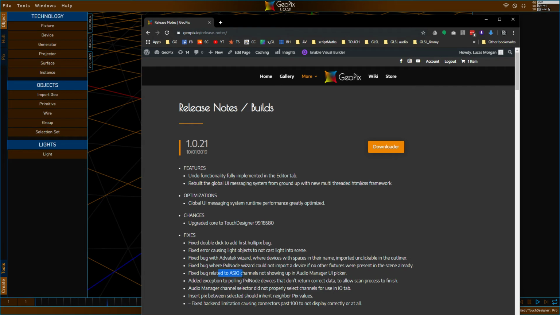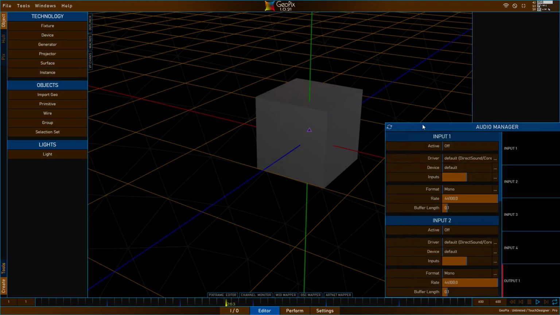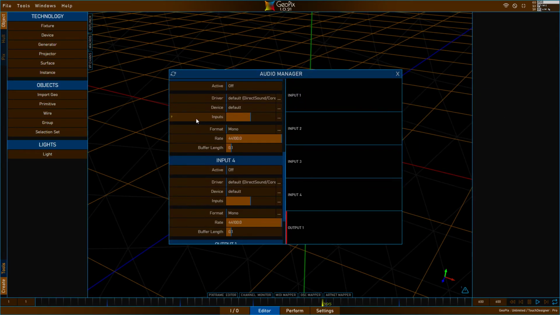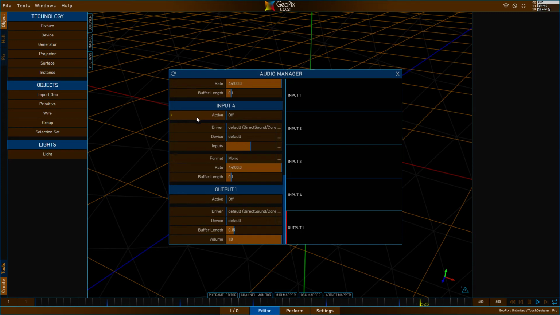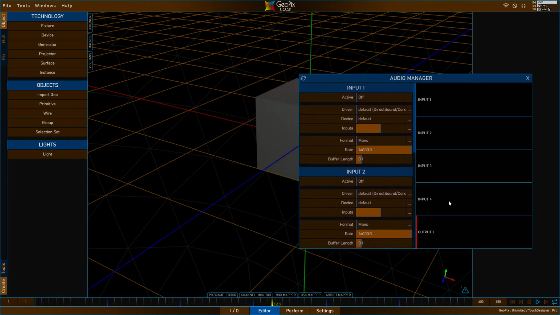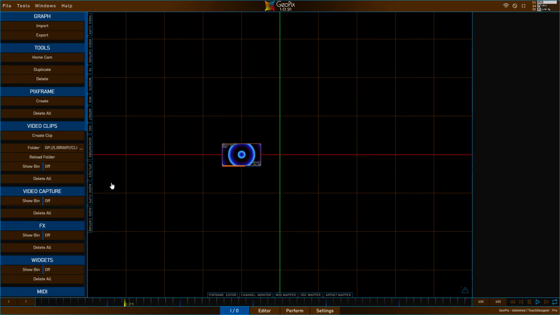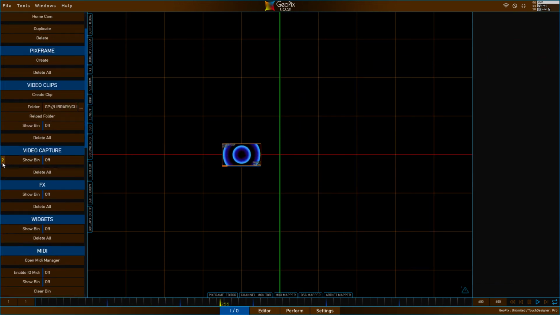There was a few issues with the audio channels not showing up in the Audio Manager's UI picker, so that's been fixed. In case you don't know, the Audio Manager is a relatively new window here that lets you source in audio from an audio device attached to your computer, USB or whatever, and basically these, at the moment, 4 inputs and 1 output. You can forget about the output, that's a topic for another time, but the inputs can be sourced through